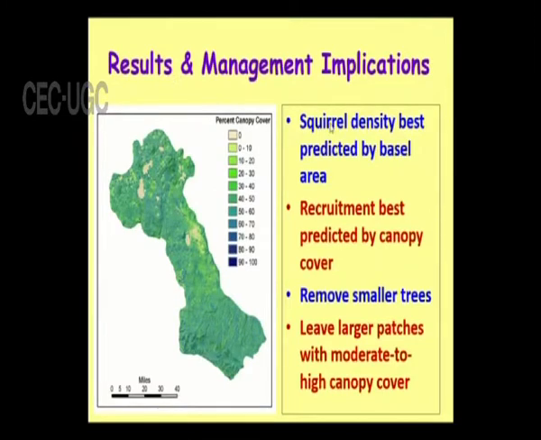The squirrel density is best predicted by the basal area and the recruitment is best predicted by the canopy cover. Canopy means the outer cover of the trees. So, wherever the canopy cover is more, there the squirrels are living, and remove smaller trees, because the smaller trees are actually a hindrance for the squirrel, and leave larger patches with moderate to high canopy cover.